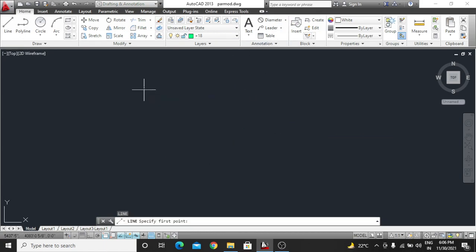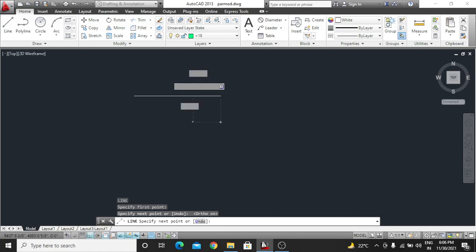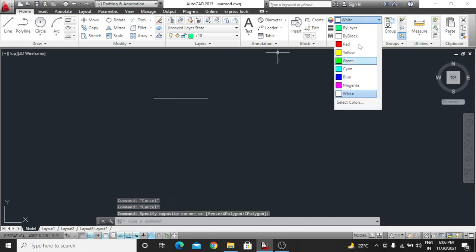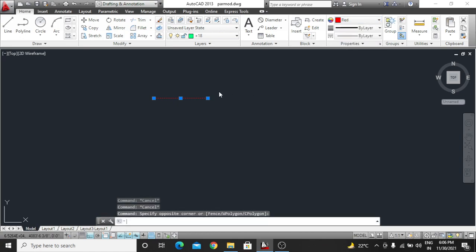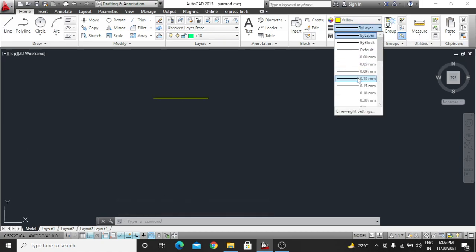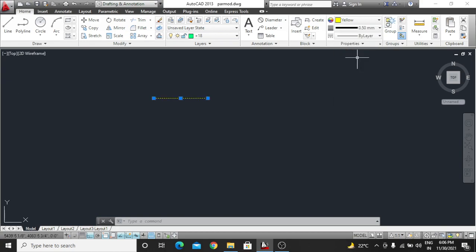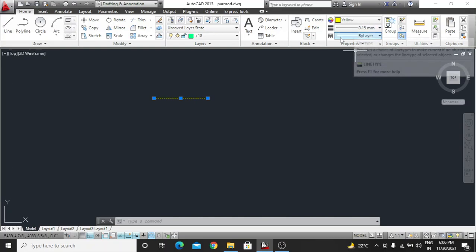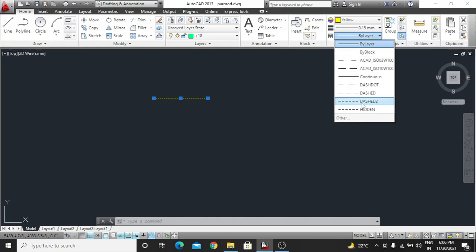Also, if you have a line and you want to change something in the line, for example your color, you can change it to red, blue. Just select this, not just a line, any object, and you can change the color, whatever. Also you have a thickness, you can make it thicker, 15 mm, 20 mm. So in the PDF form it will look very thick. And third, you can make it dashed, you can make it hidden, you can make it a dotted line.